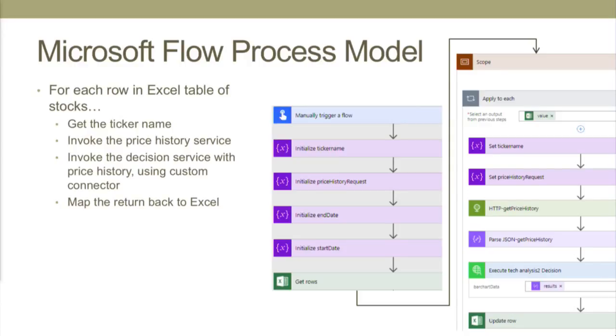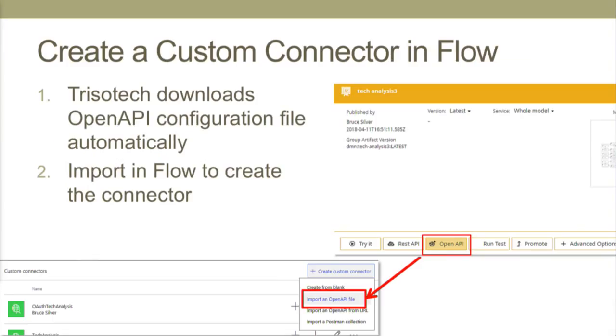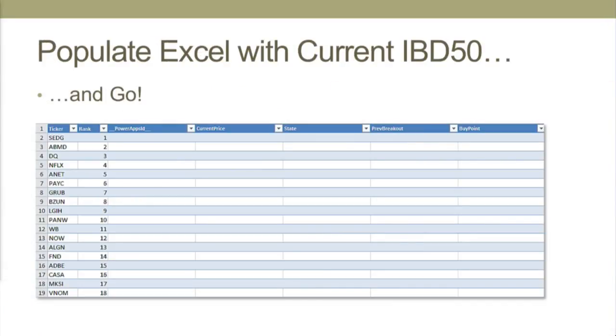So I use Microsoft Flow for that. It's a simple service orchestration tool where each of these graphical widgets represents basically a connector API configured with a simple script language. So it's similar to BPMN. So to call this decision service from Flow, you need to make a custom connector. As Denis showed, you just click that Open API button,